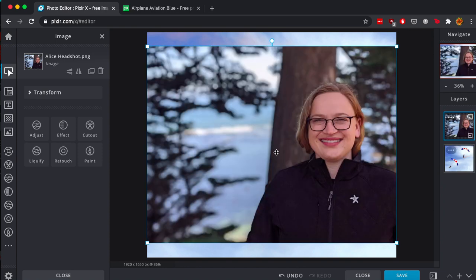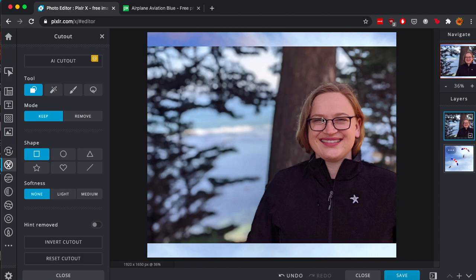I'm going to put my headshot in the front here, and my goal for this demonstration is to crop out my head and put it on one of the parachuters. And I may actually use this for a professional project. I'm teaching a series of adventure books. So in order to do that, I want to go to cutout. Now, it's important that I have this image selected,